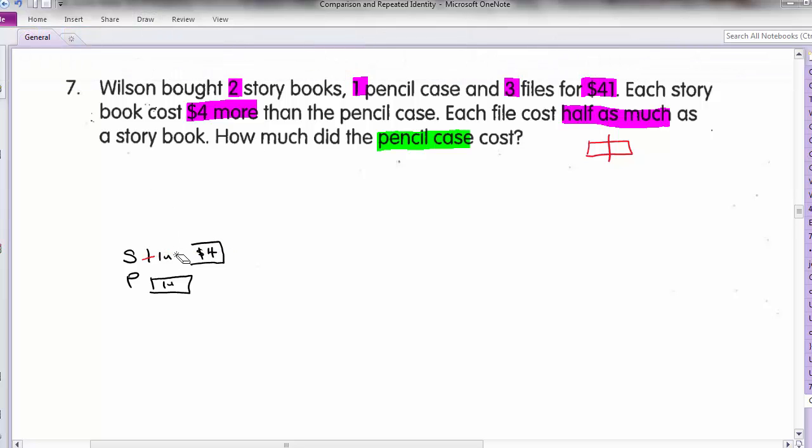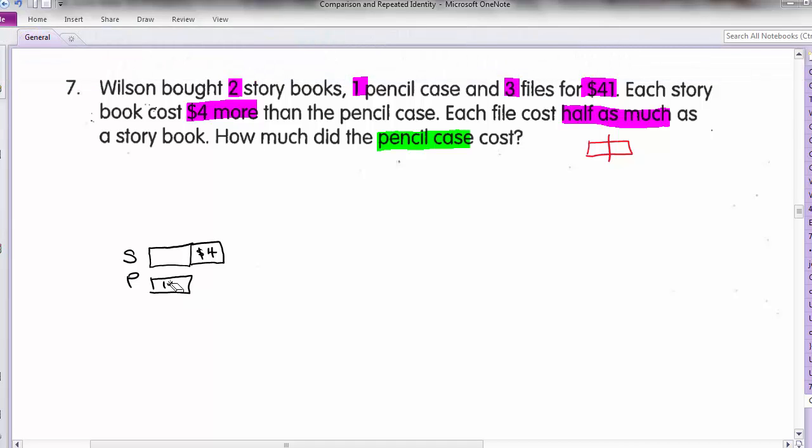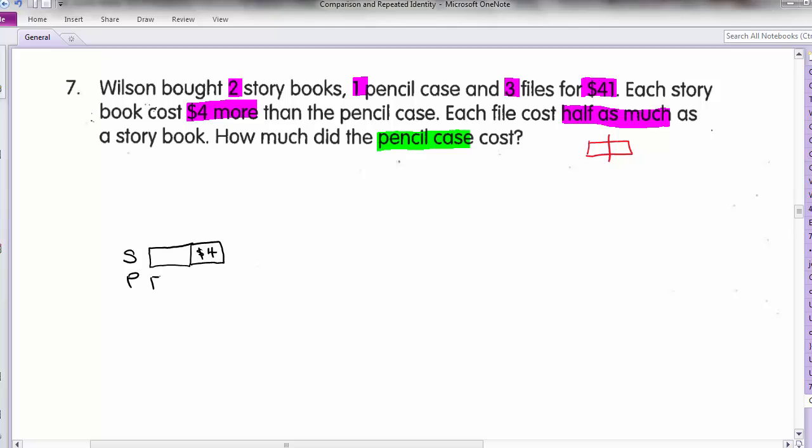So let me erase this. Can I put something else into my box here, such that when I half it, it makes more sense, or it makes it easier to think about what I'm doing? So let me erase all this. Let's just draw the box. Because remember, the pencil case box is the same as my storybook's box. So some of you will choose 2 units. And if this is 2 units, this is 2 units. And now if I half it,